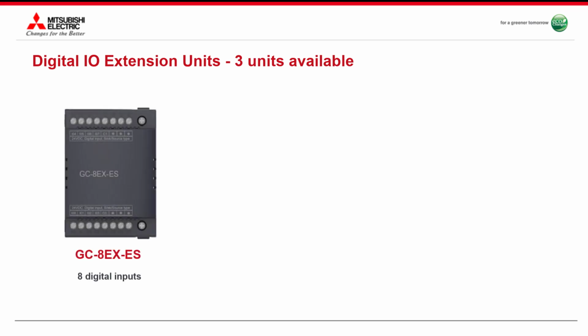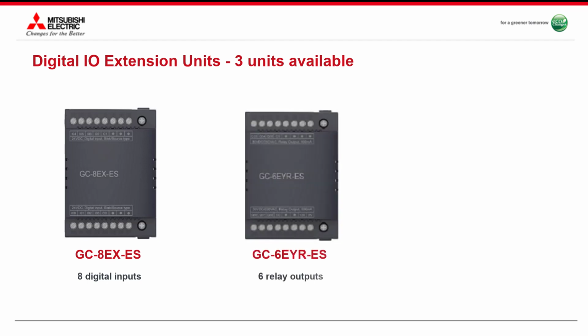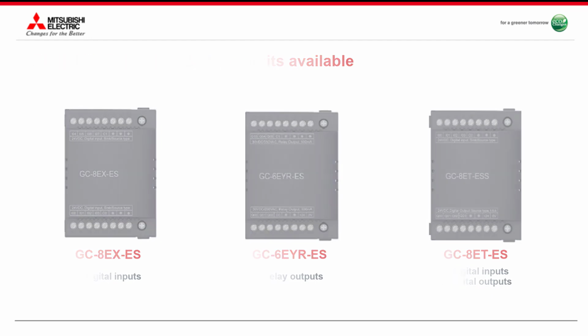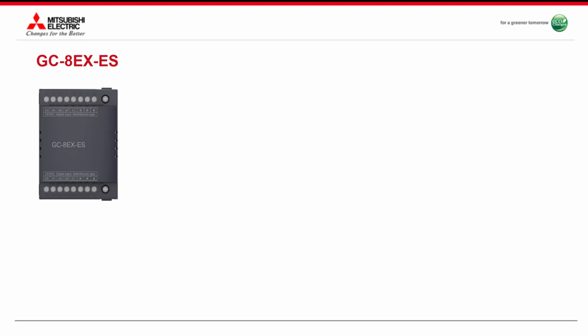GC-8EX-ES. This unit provides 8 digital inputs. GC-6EYR-ES. This unit provides 6 relay outputs. GC-8ET-ESS. This unit provides 4 digital inputs and 4 digital outputs. Let's see details of these units. First module is